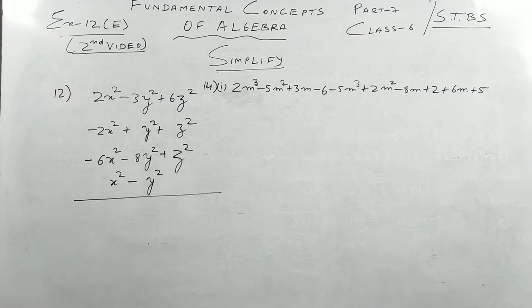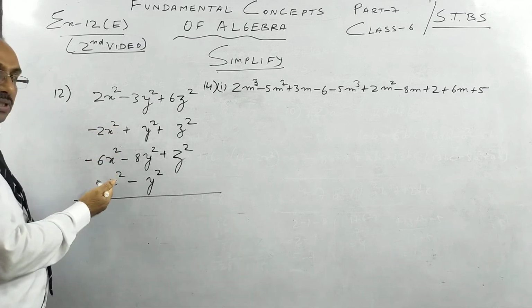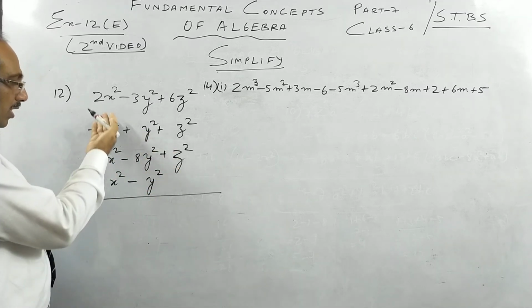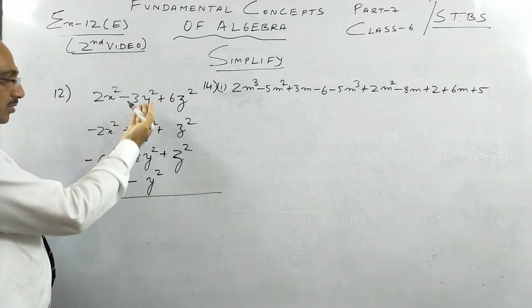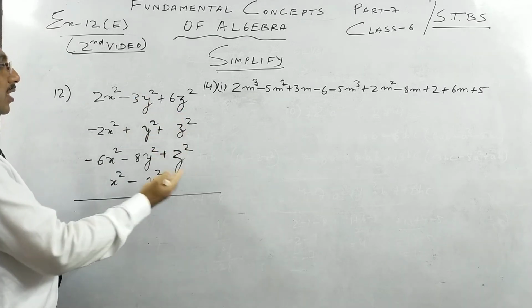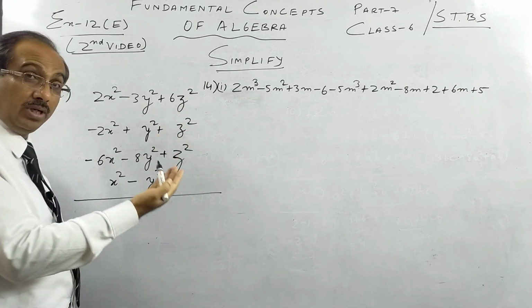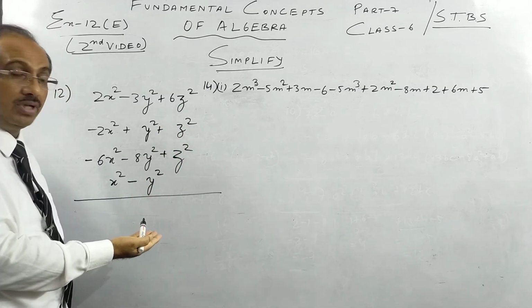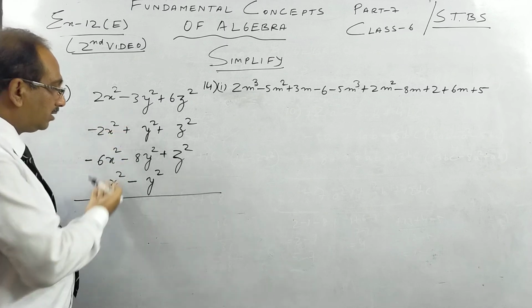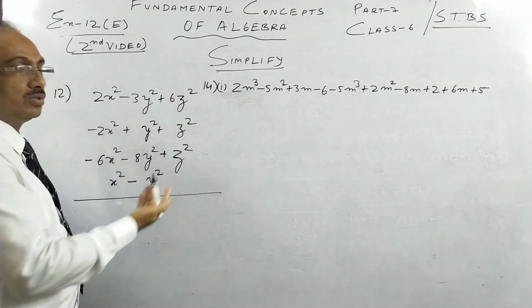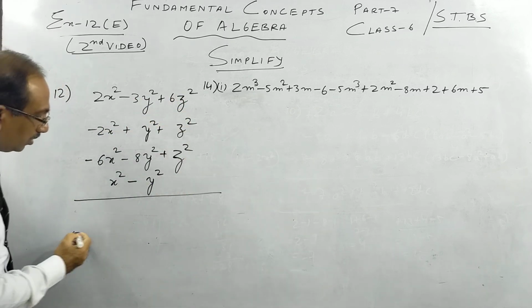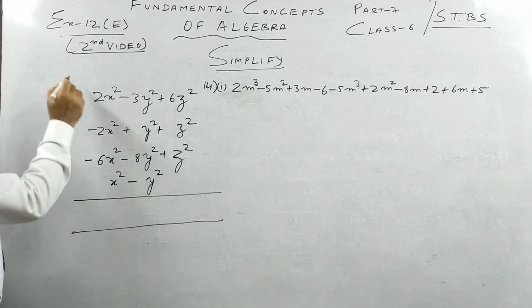Now let us go to sum number 12. So see here, you will see I have rearranged them, x square below x square, y square below y square, and z square. So you see the question. I have already explained to you in many of the questions which I have done that I put the like terms column wise, so that addition and subtraction is easy. So let us see. So we are going to add, children.